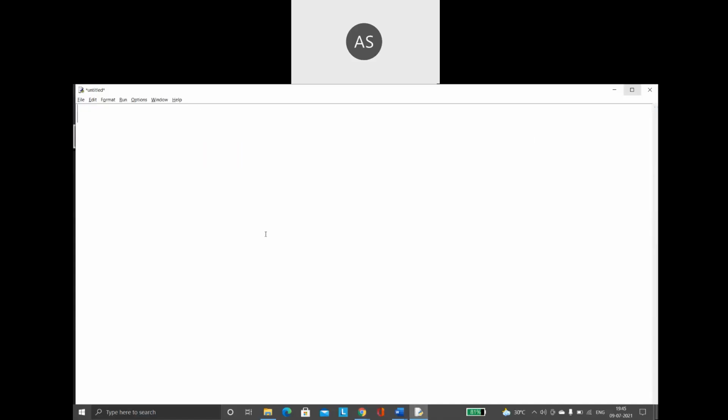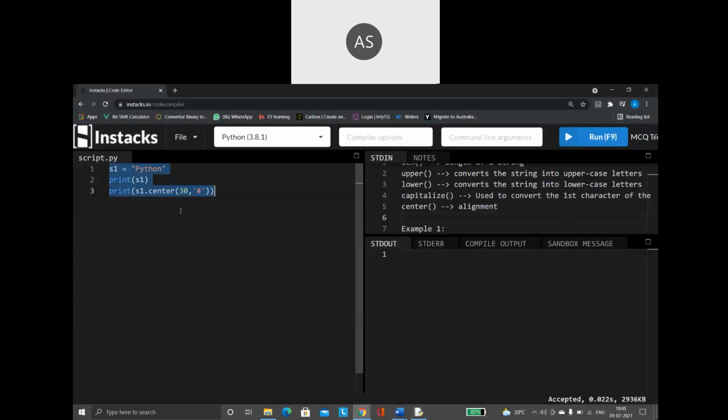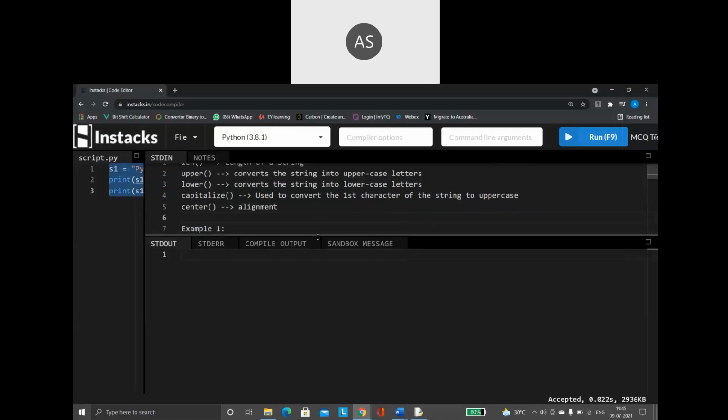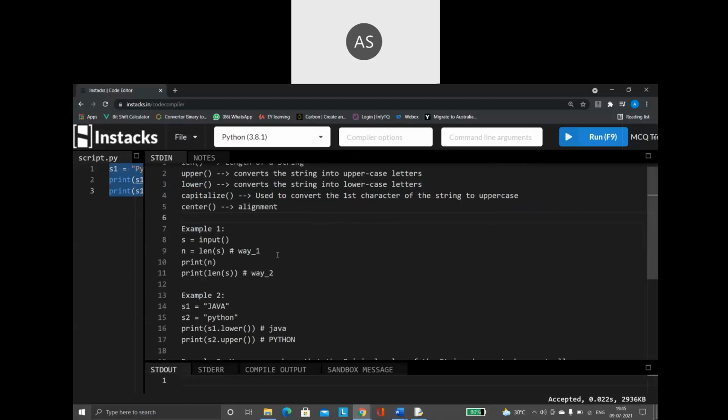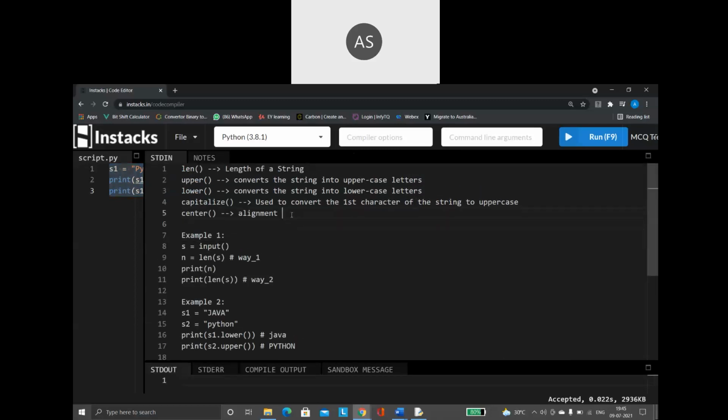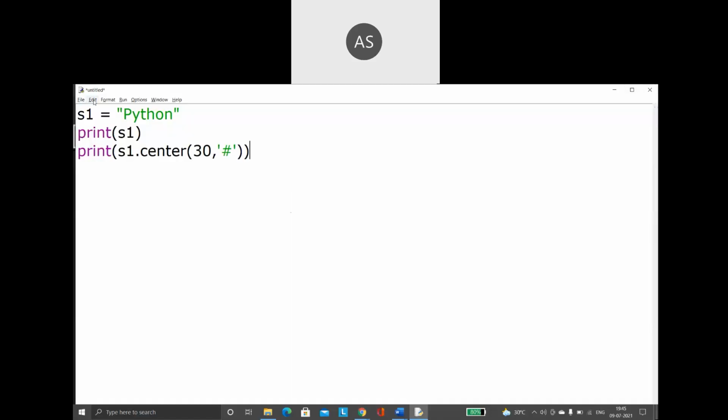I'll go with an offline compiler today. I'm just going to use this for the notes. For typing in my notes, I'll make use of this. Right. So it is used for the alignment purpose. And see the result of it. Let me run this code.